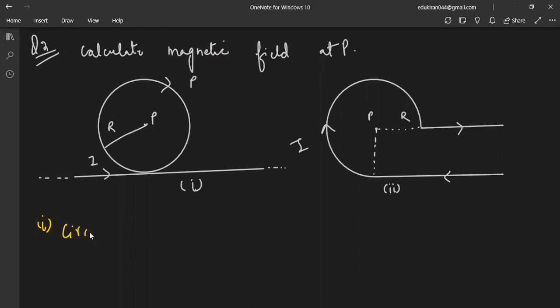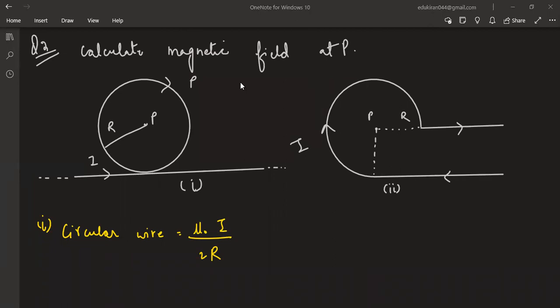See, for the circular wire, what will be the magnetic field due to the circular wire? Mu naught I by 2r. But we have to keep one thing in mind. This is a magnetic field, so we have to write the direction. So for the circle, use your right hand and curl your fingers along the sense of current. So the thumb will give you the direction of it. So if you curl your fingers along this,